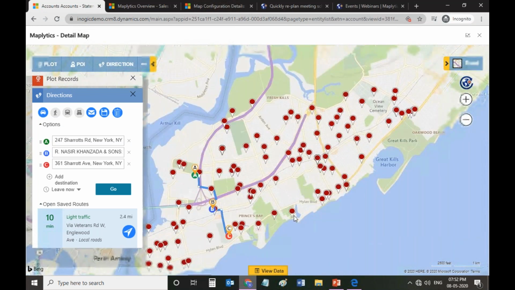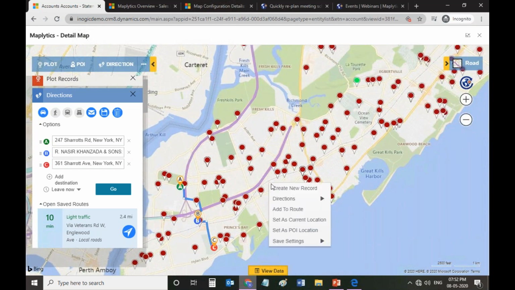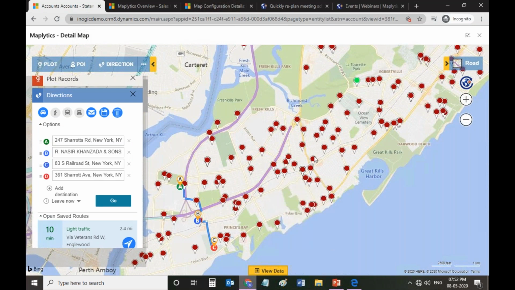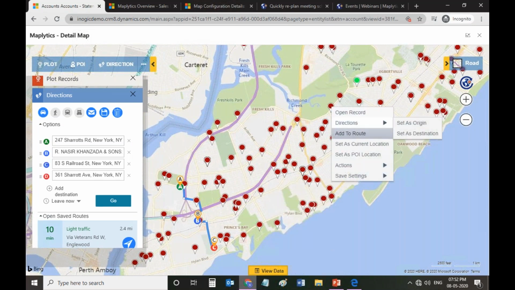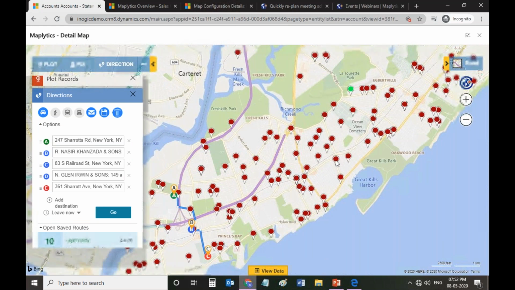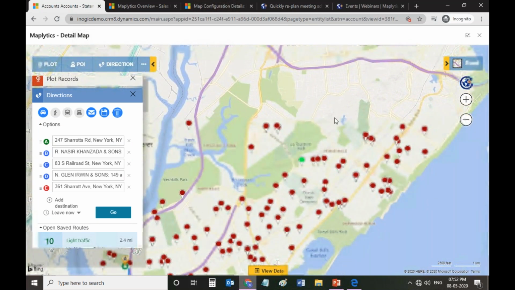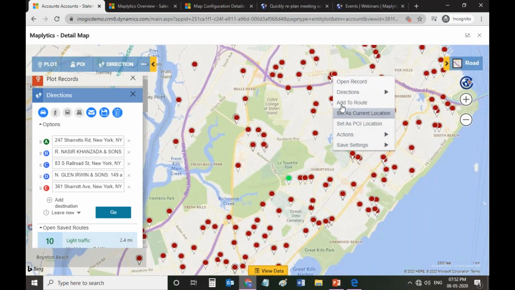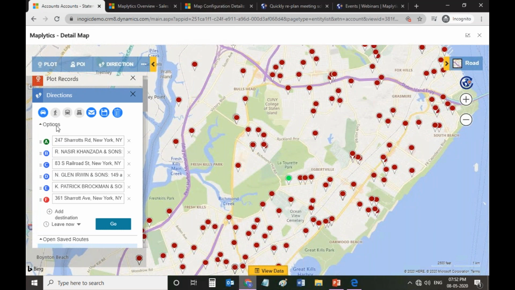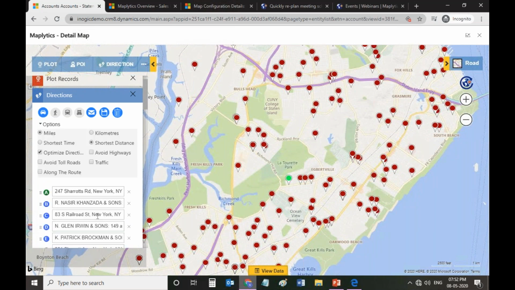to the route. So here, let's select some more waypoints to the route. I can click anywhere on the map or any push pin, and I can select some more waypoints and add them to the route. Here you can see all of the locations have been listed, and now you get the option of optimizing the route based on the shortest distance or shortest time, right?